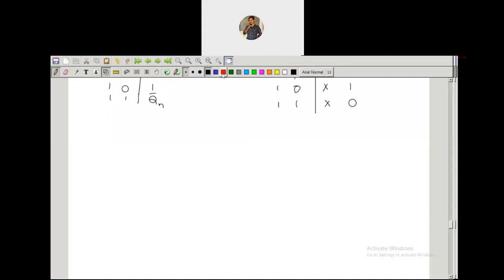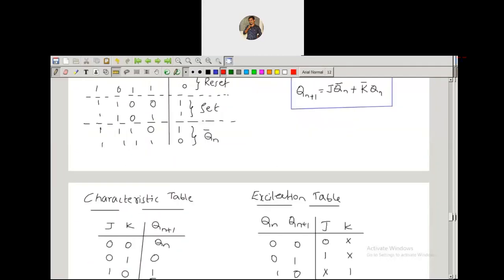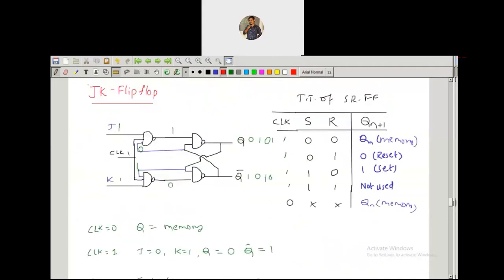T flip-flop. We call it a toggle flip-flop. Toggle flip-flop. Because the output of the T flip-flop is going to be toggled. We'll see what is meant by this toggle. Before that, let us draw the diagram for the